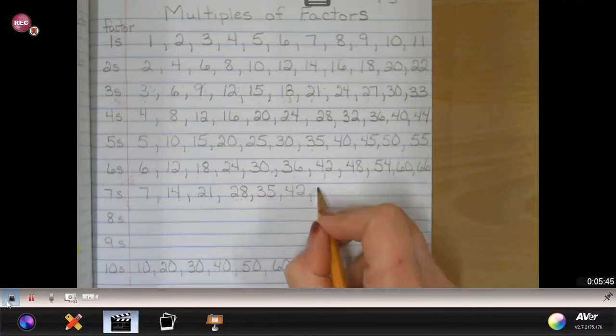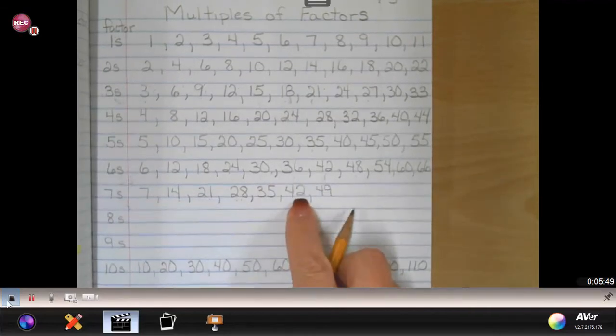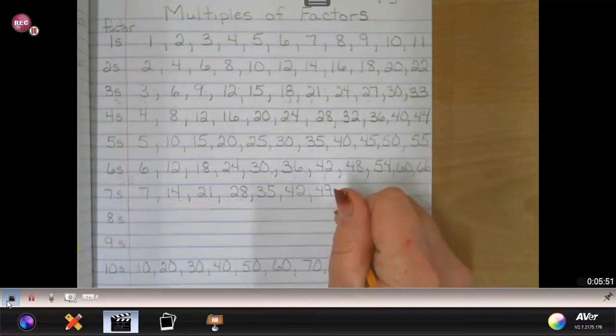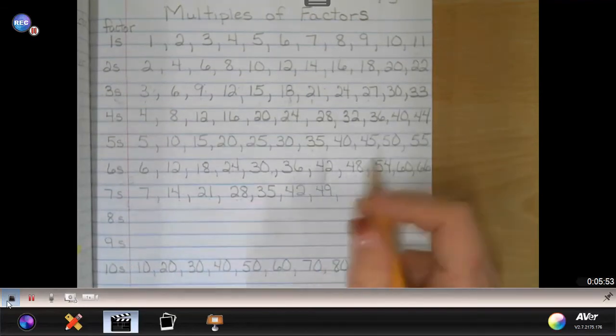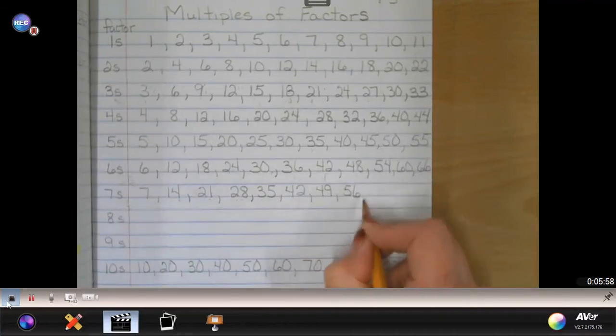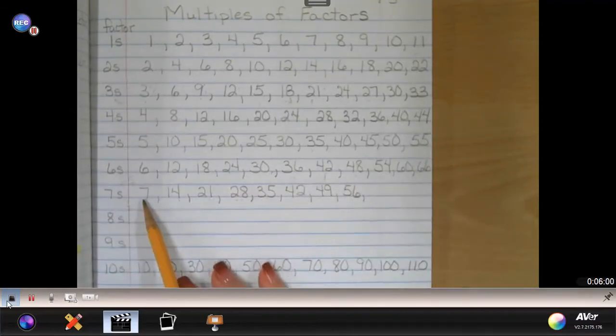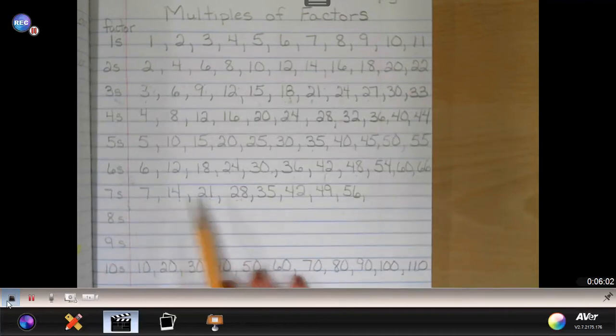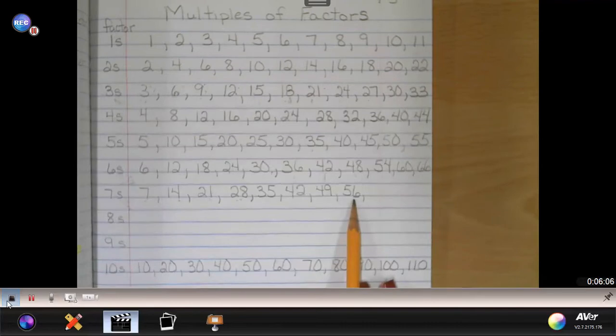7 times 7. 7 groups of 7 is 49 because I added 7 more to this 2, which gives me 9. 7 groups of 7. 8 groups of 7 is going to be 56. And notice how we're going odd, even, odd, even, odd, even, odd, even. So that tells me my next multiple is going to be